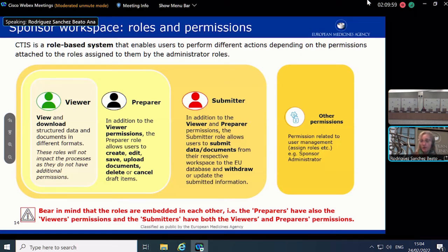If you are a preparer, obviously you have the viewer permissions, because if you need to prepare, you need to view, but you will also be able to draft the application, or draft the notification, or draft the summary of the clinical trial results. So you can edit the data fields, upload documents, save those, check, and do the technical validation. And in some cases, not in all of them, you can cancel.